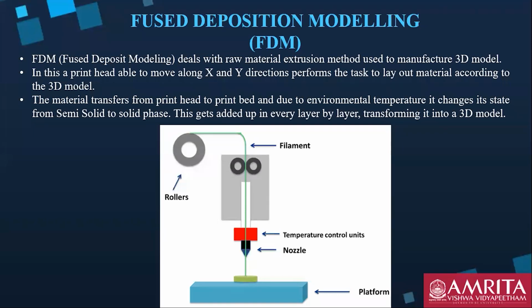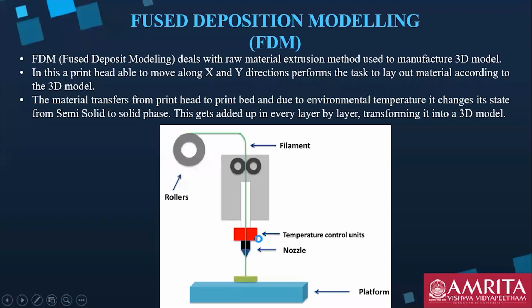Now I will revise again what exactly happens. First, we create a 3D model. Then we send that 3D model to the 3D printer. The printer slices the 3D model you have developed into layers, and this slicing is sent in the form of G codes to the printer. The nozzle head is instructed to work according to the G code that has been sent, and accordingly it will deposit the material layer by layer.